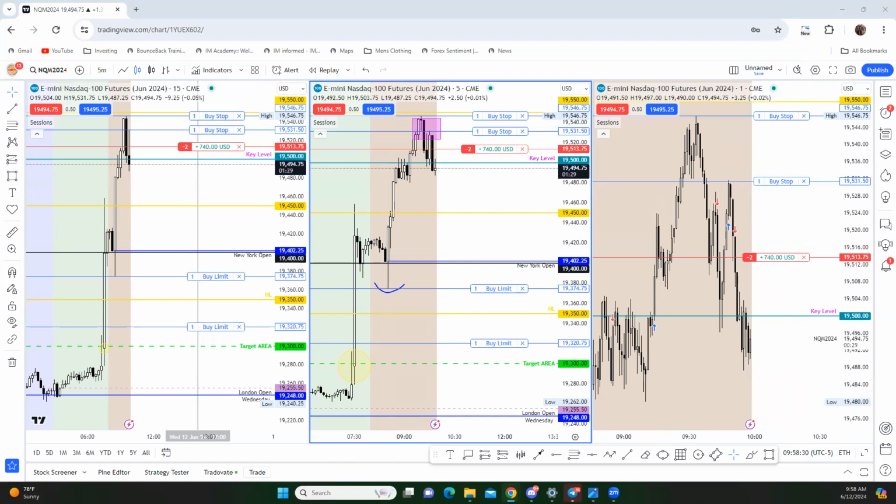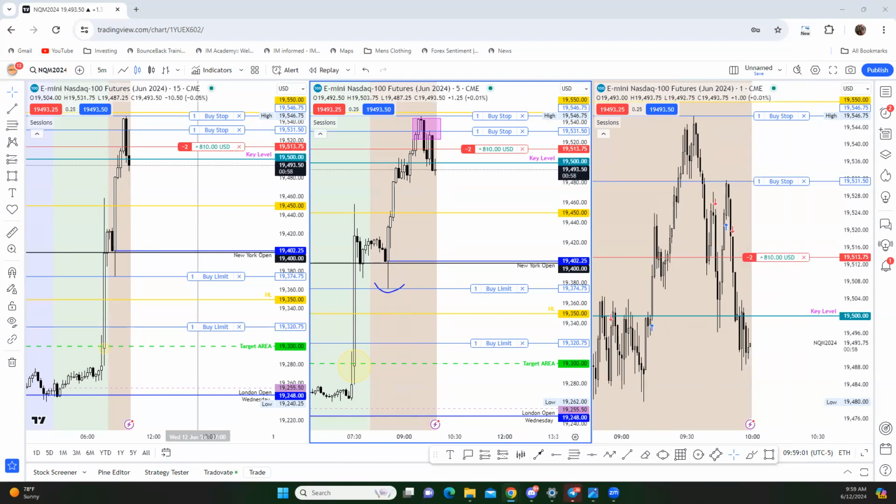Having Nvidia look the same on the 15, that's pretty good. Nvidia looks very similar on the 15, which I think can push back to that 123.50 New York Open area, 123 area. So if we can get back there at the same time as Nvidia, I think we're gonna have a pretty good trade on our hands here with our entry being 513s. If we get down to 413s, we're gonna be up a good amount compared to even what we lost to start. So this 5 minute close, we'd like to see it close below 19.5.